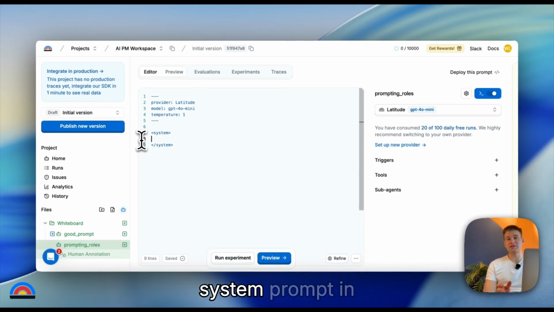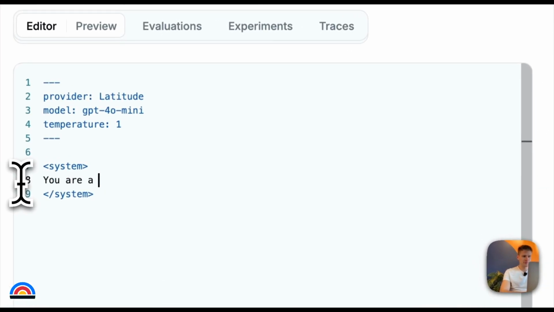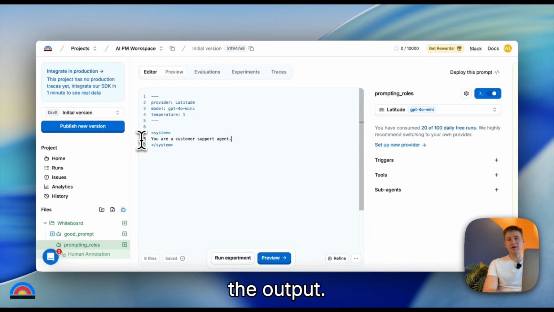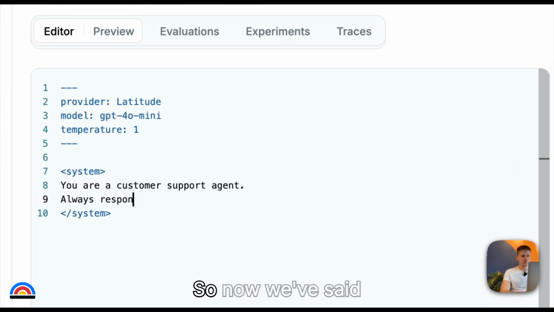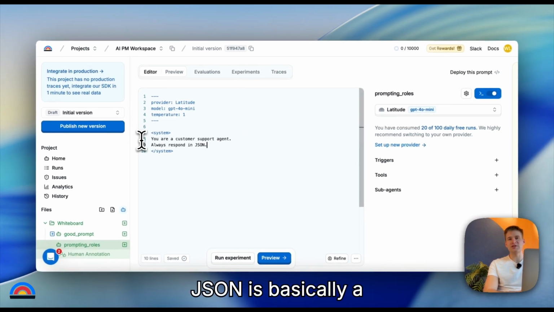Then we're going to write a basic system prompt in here. We're going to write a customer support agent, for example. So by writing you're a customer support agent, we've given it a role. Now let's specify how we want the output. So now we've said always respond in JSON. This is how we want the output. We're setting constraints for the output. If you don't know what JSON is, it's basically a structured output format that is easier for computers to work with. And next, we're going to add a constraint so that it reduces hallucination. We're going to say,